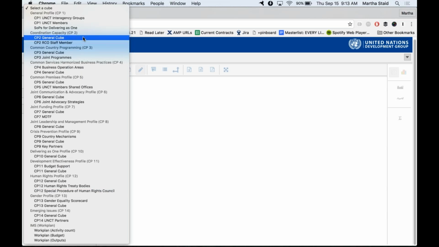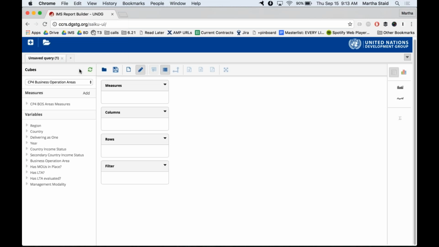So we're going to get started, move away from the conceptual, and choose this business operations area cube. So I'll do that, and you will see that here on the left, you suddenly have 2 different lists, measures and variables.